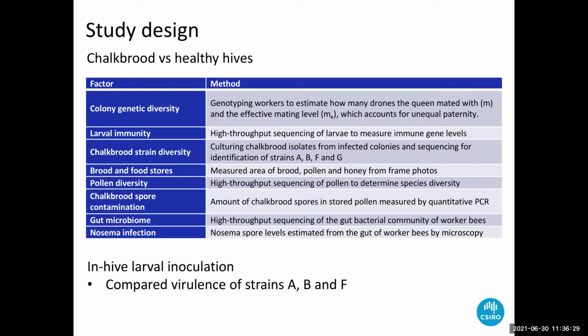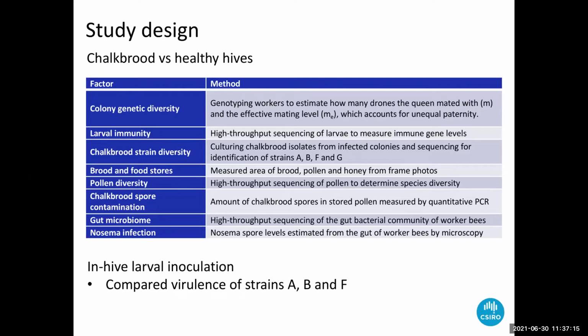For this study, we took a mostly molecular approach to compare chalkbrood infected and healthy hives, targeting those genetic and environmental factors that we thought were most likely to be influencing current outbreaks of chalkbrood. So for the genetic factors, we looked at the mating levels of these colonies, or in other words, their genetic diversity. We looked at the baseline immunity of the larvae, and also the strain diversity of the chalkbrood infecting those colonies. For the environmental factors, we were targeting things more associated with hive nutrition. So